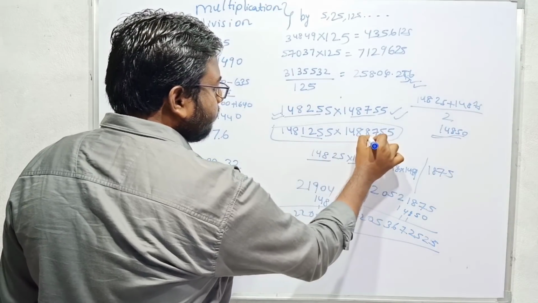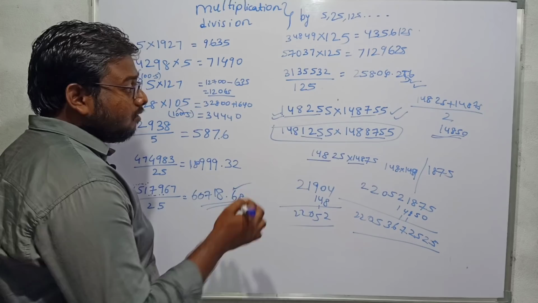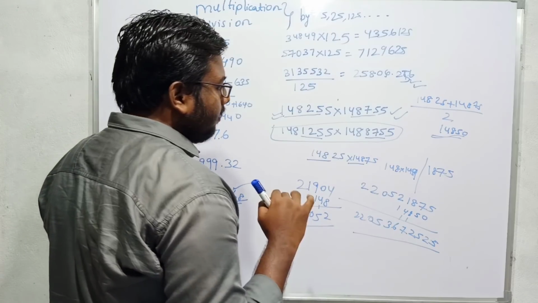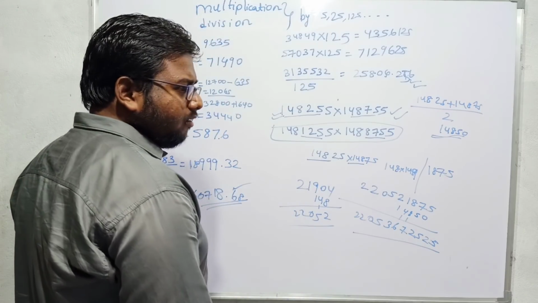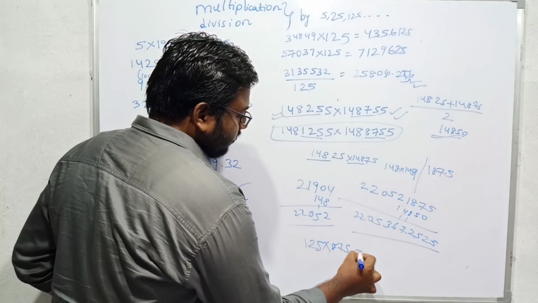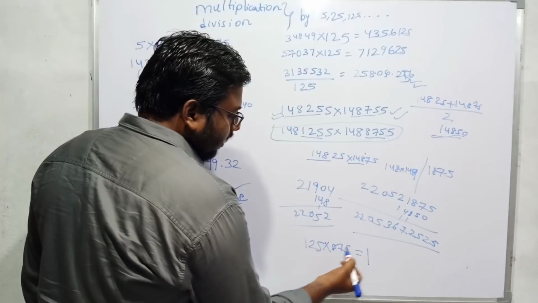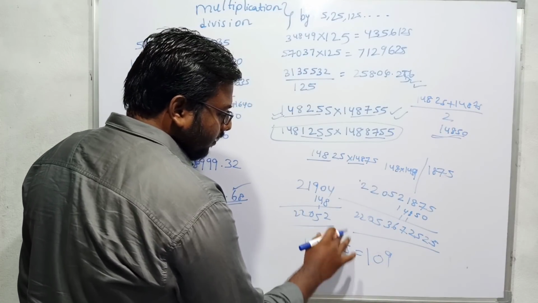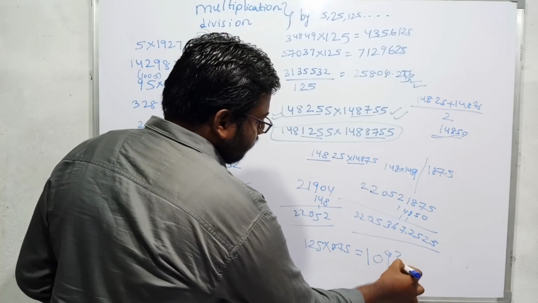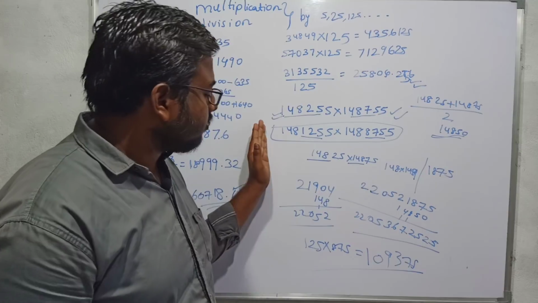But here 125 plus 875 is we can calculate that 125 plus 875 is 1000, and you can calculate 125 into 875. You can proceed in the same procedure. And I am saying from third video onwards, the multiplication with 125 into 875 can be calculated from the trick of 125. If I divide this with 8, I will get 1, and 0 9, because 72 na I can't write directly as 9, I will write 0 9, and 3 is the remainder. 3 into 125 is 375. So 109375. You can calculate like this. You can calculate this result also in the same procedure.